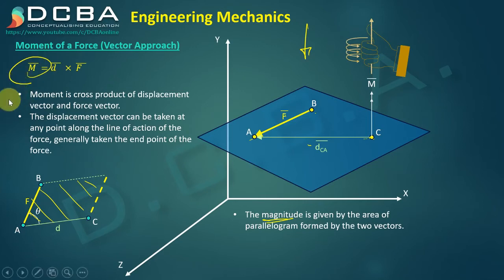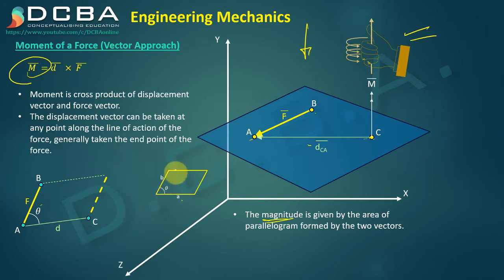Okay, so I'll just repeat again. Moment vector is going to have magnitude and the direction. The direction is given by the right hand thumb rule. The magnitude is given by the area of the parallelogram that these two vectors form. How to get the area of the parallelogram now? Consider A and B are two sides of this parallelogram. So to simplify the area, let me just convert this into area of a rectangle. So this vertical will be B sine theta. Okay, A into B sine theta is going to give me the area of parallelogram.